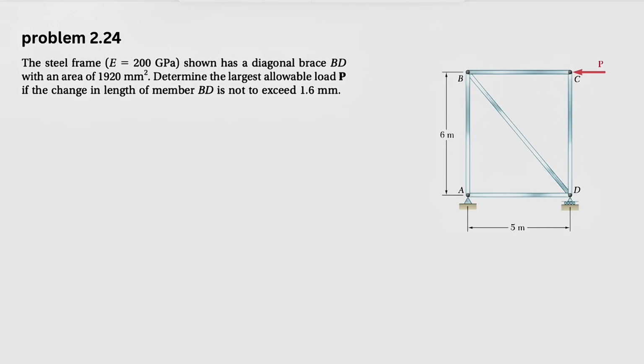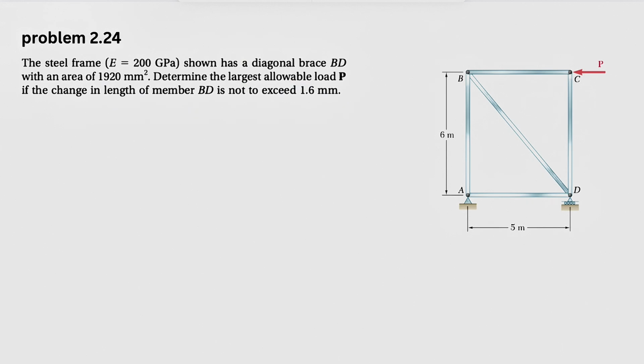Alright guys, we're going to be solving a question from the second chapter of Mechanics of Materials by Johnston, question 24. In this one we have a steel frame which has an elastic modulus of 200 gigapascal that has a diagonal brace BD with an area of 1920 millimeters squared. And we need to determine the largest allowable load P if the change in length of member BD is not